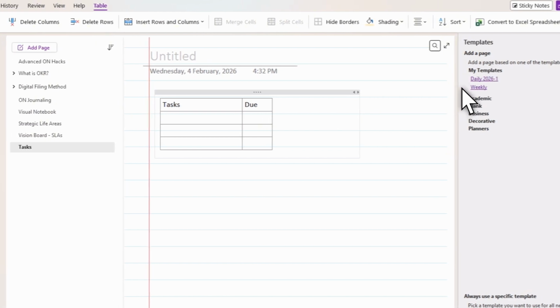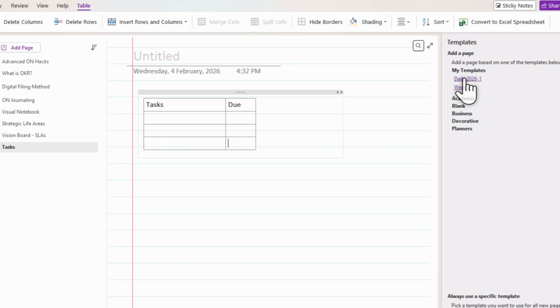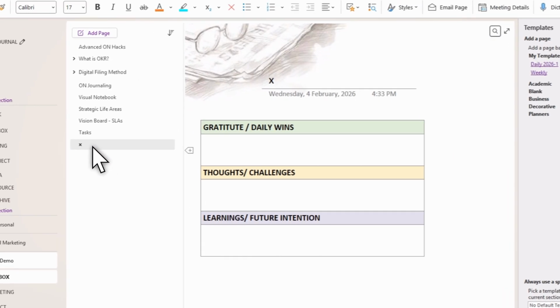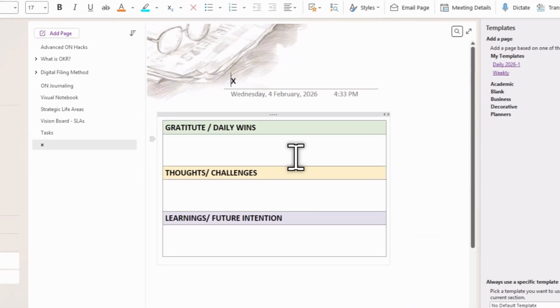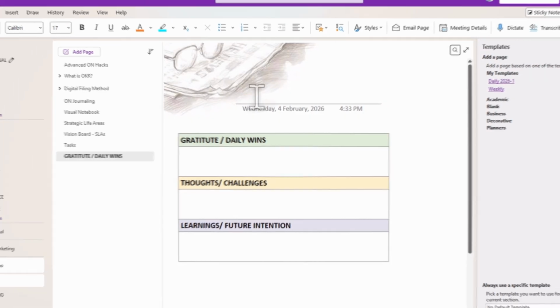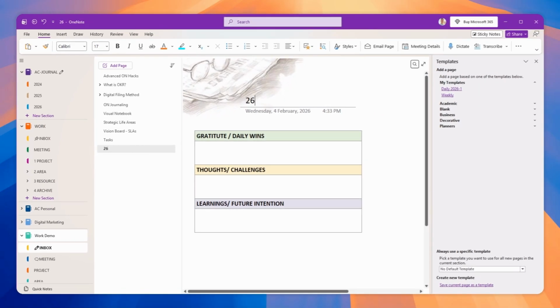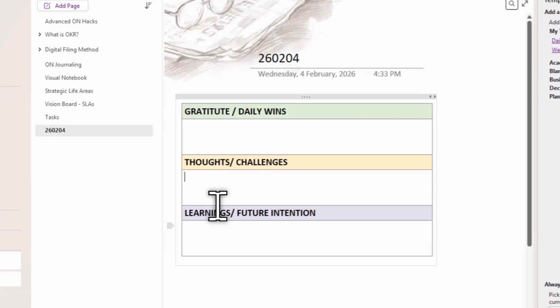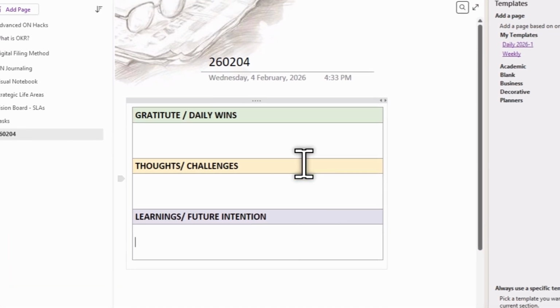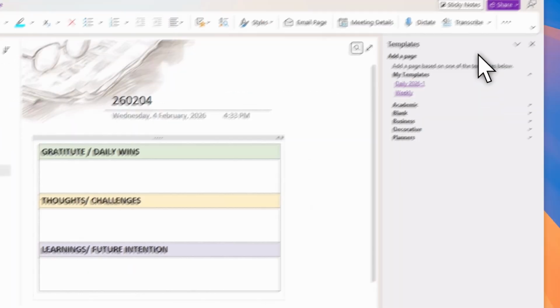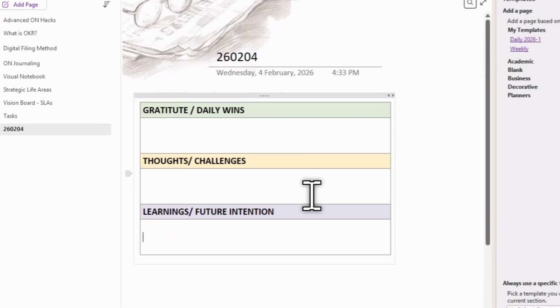Like daily, okay, these are my journal template. So once you save that, you can click over here, you create this template for you. Yeah. So these are some of the templates I use for my daily journal, and then I usually just put the date, right? So if it's 26/02/04 today's date, and then I can write right over here. Okay, it's simple because I use it over and over again, right? And then if you want weekly, you can have a weekly because these are the things that I use over